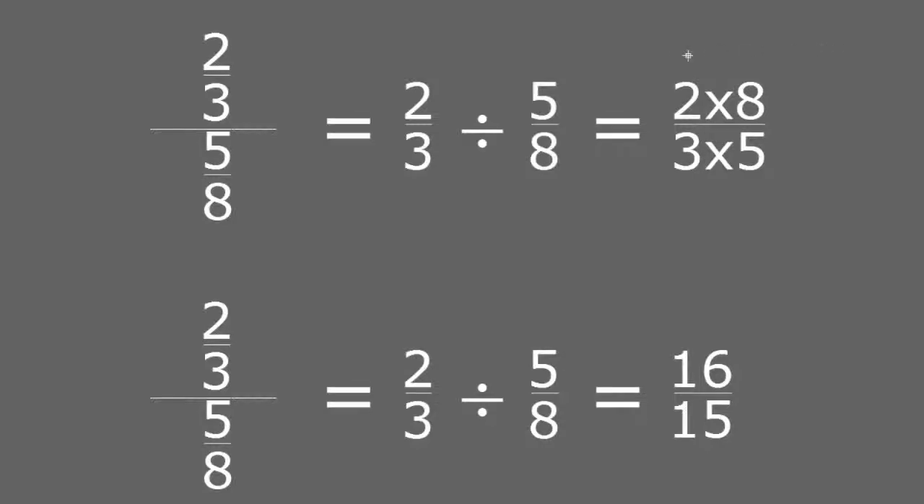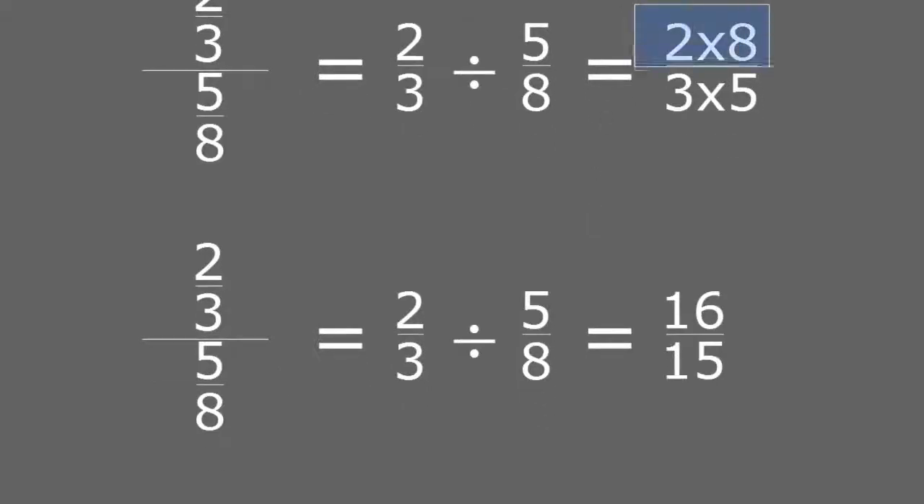And as you can see, I'm multiplying the first fraction by the reciprocal of the second one. The 8 was in the denominator, now it's in the numerator, and the 5 was on top and now it's on the bottom in the denominator. So 2 times 8 becomes 16. And 3 times 5, well, that's easy, that's 15. I cannot simplify this anymore. However,